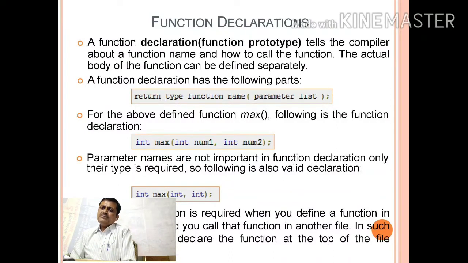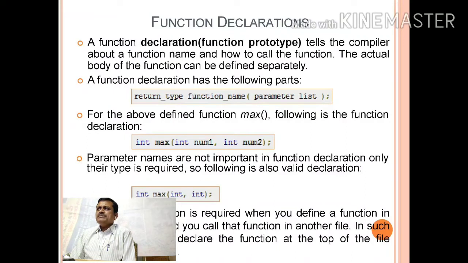Now this prototype is an essential part. You have to include it below the hash include statements in the C program, so that the compiler of your C program will first automatically identify that there is a function in the program, right, by specifying the prototype.